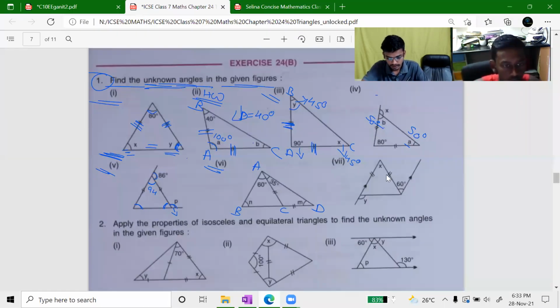I will only tell you this. See, this is a parallel line. They have given that these two lines are parallel to each other. If this is 60 degree, then this will also be 60 degree. Once you get this 60 degree, we know that both the sides are equal. So you can find them easily. If you can find this angle, then you can find this angle as well. So you can do it by yourself. Sure? Okay, then do it. Not now, homework.